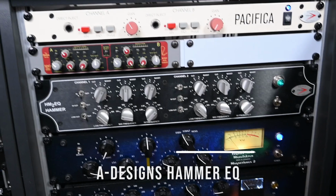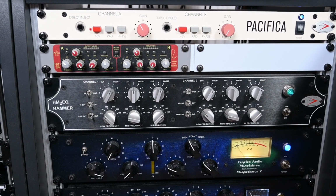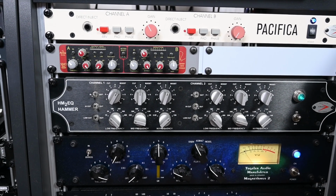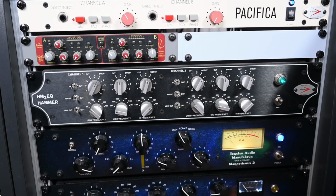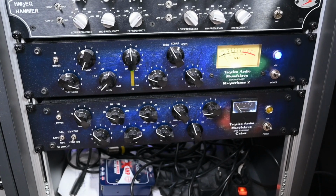Below that is my Hammer EQ, also by A Designs. Absolutely great equalizer. Also a tube device. This was my mix bus equalizer actually. But at the moment I'm just using it for tracking, which it is also great for, by the way. Because my mix bus processing has been replaced by the devices which you see under the Hammer, which is